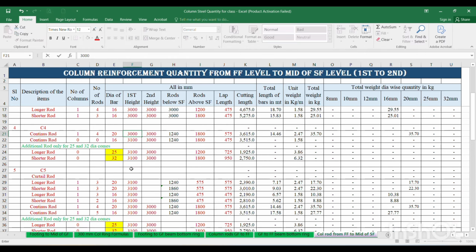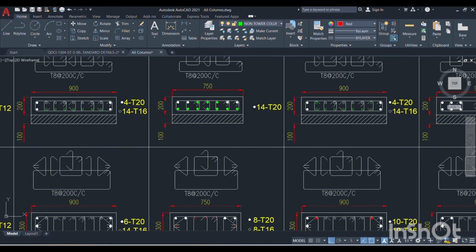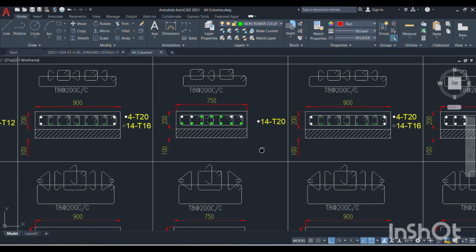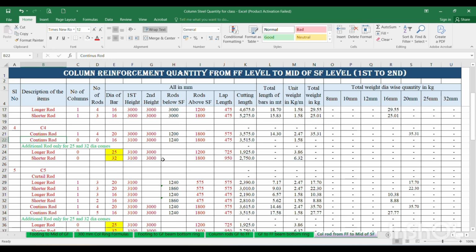First floor height is 3 meter, second floor height is 3 meter as usual, and the lap length. And is any other continuous rod there in this? There is no continuous rod other than these 4 rods. All the other rods are 20 dia rods only, but those rods are all full rods from the first floor level. So out of 14, if 4 rods are gone, the remaining 10 rods are there. These 10 rods are also full rods from